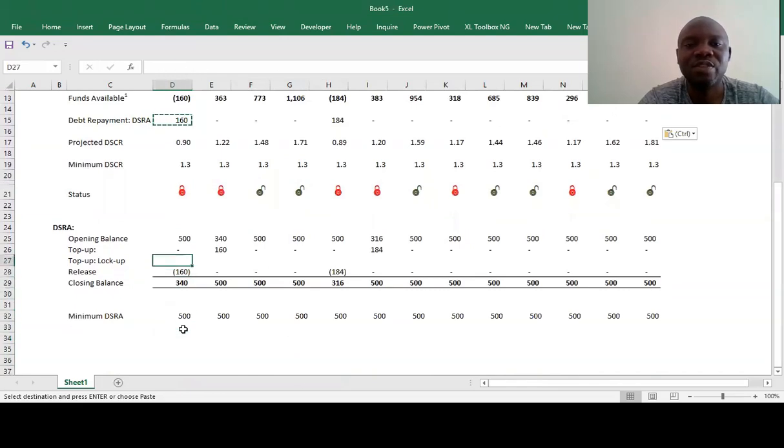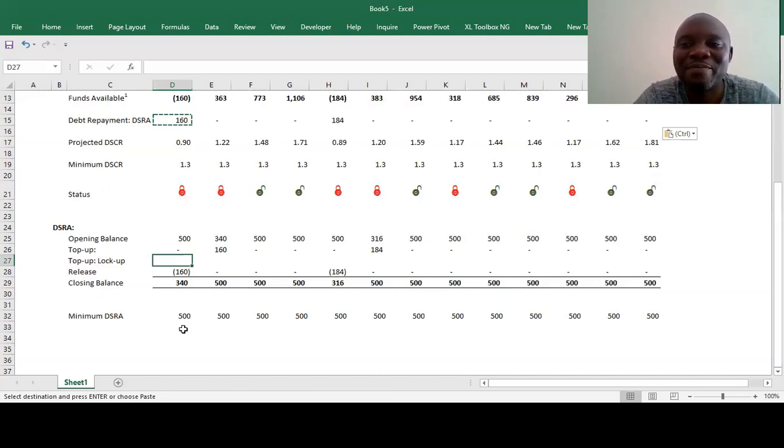So now we go to the lockup, topping up when it's the lockup, because the contractual rules are that if your debt service cover ratio is below the threshold, even when it's above 1, whatever funds remain after you have paid debt service go into the debt service reserve account.